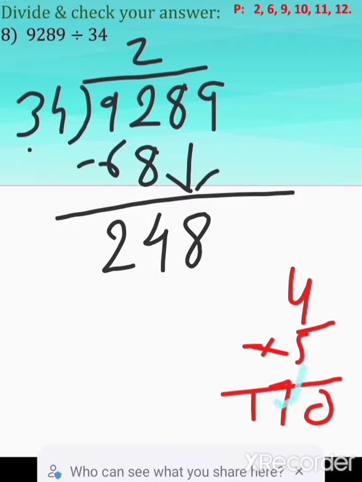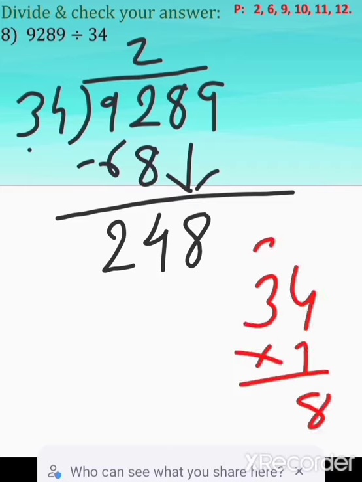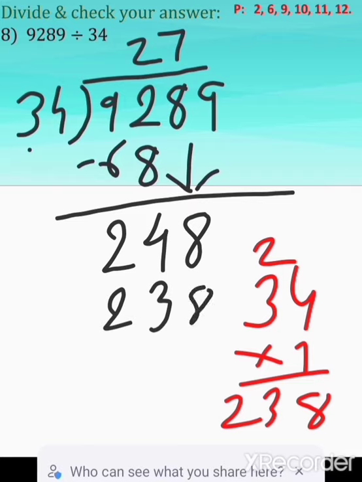No, one minute. What we have done, 3 6s are 18 we got, and 3 7s are 21, 3 8s are 24. So we'll check by 7s. 7 4s are 28, 2 carry, 7 3s are 21 plus 2, it will be 23. So 238 we are getting, right? So we'll go for 7s because 8s I am sure that we are going to get a greater number than 248. If you want, you can multiply and check. So I'll go for 7s. It is 238.